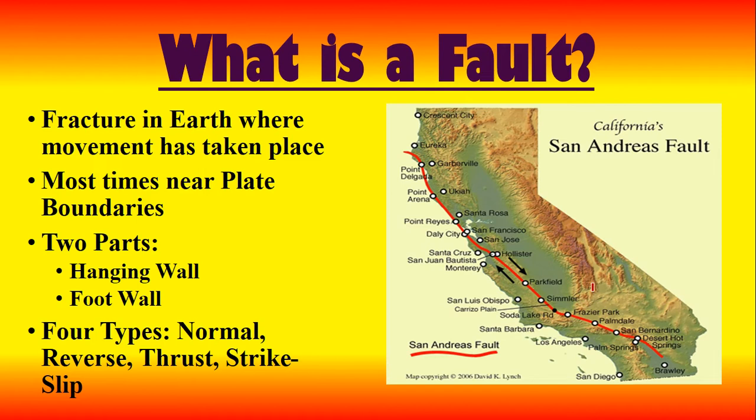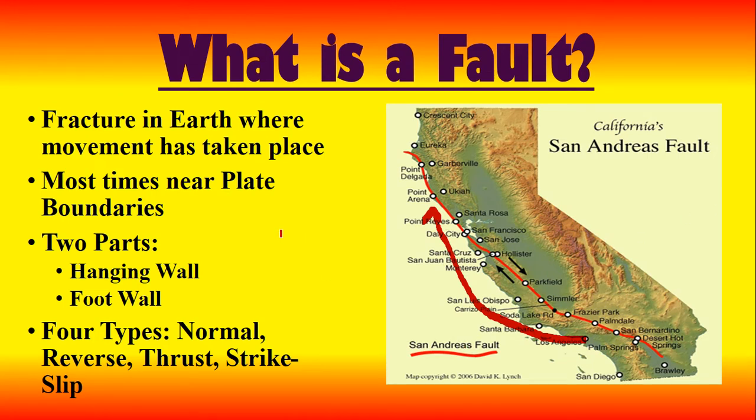I do want to mention there's this thing about California going to break off from the United States and all this other stuff. No, it's not. That's not what the plate does. At some point, part of California will be located farther north of where it is now. So, like Los Angeles is in Southern California, it at some point could be in Northern California. So that's what the fault's doing. Remember, they're going back and forth to each other. They're not moving apart or colliding.